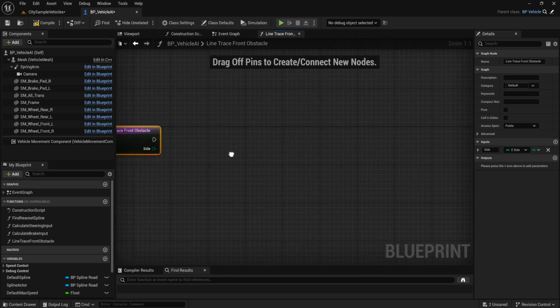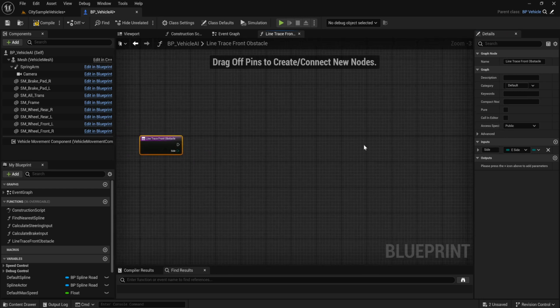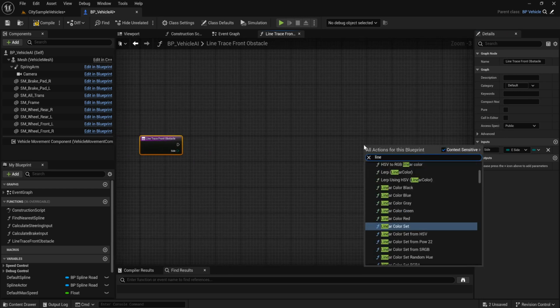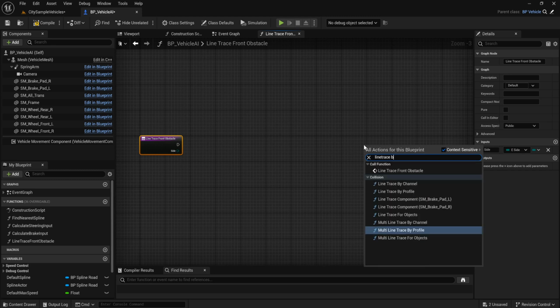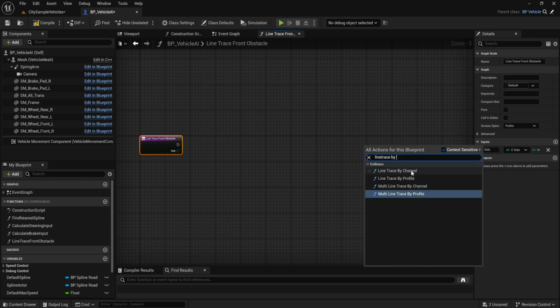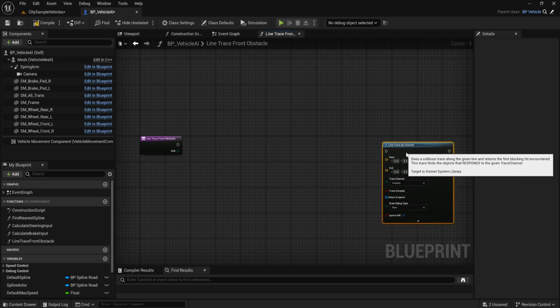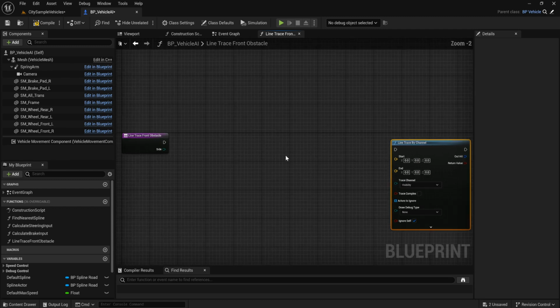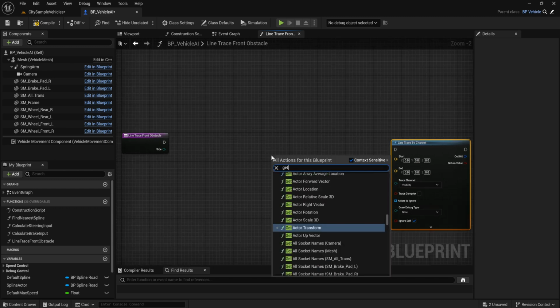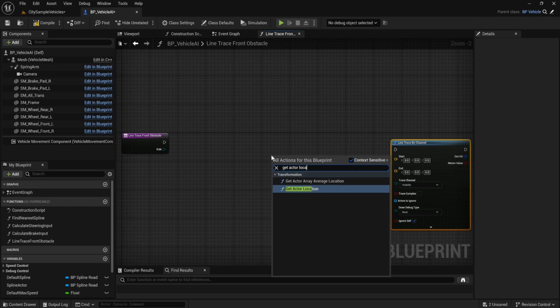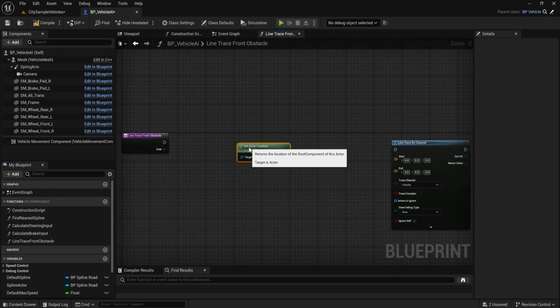We will do the line trace by channel, and we need the start location and the end location. So we get actor location, add this,